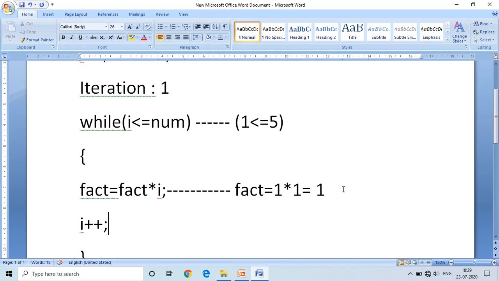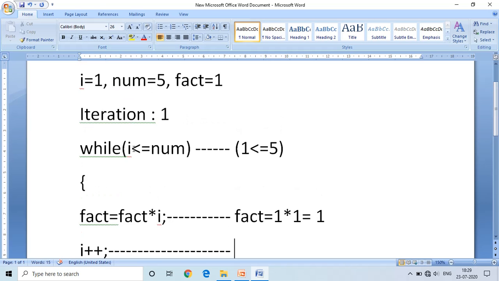After executing this instruction, it executes the second instruction of the while loop. In this, the I value is incremented by 1. Now the I value is 1 plus 1. It becomes 2. I is equal to 2.